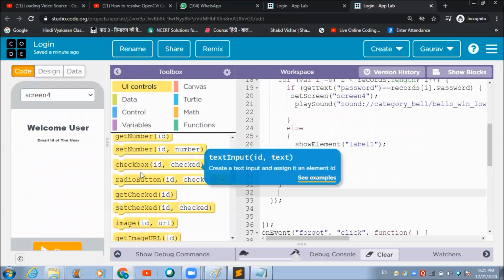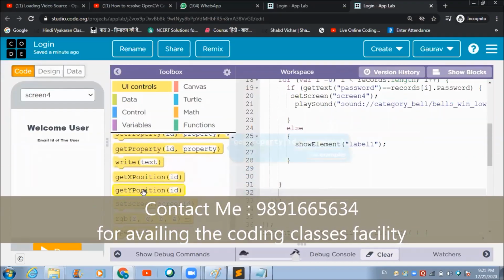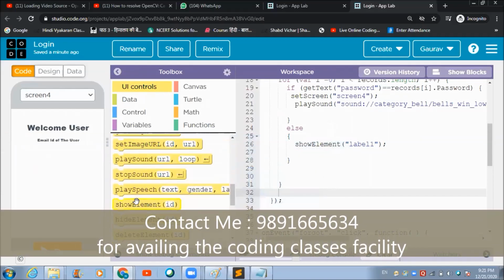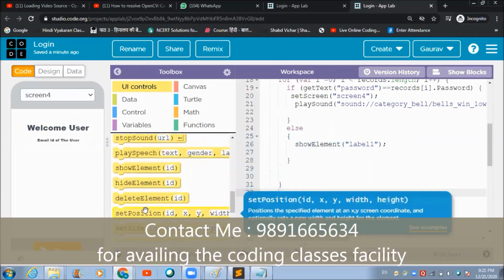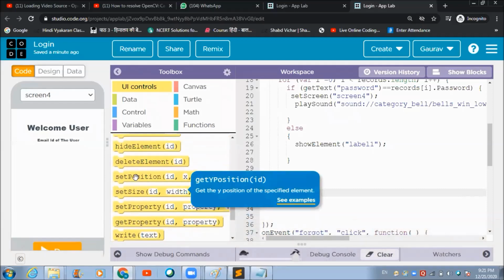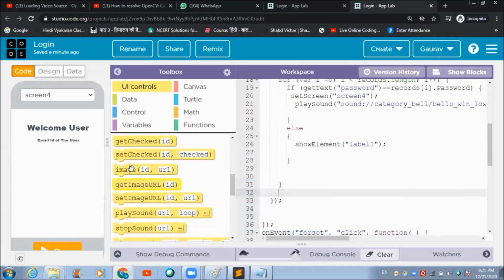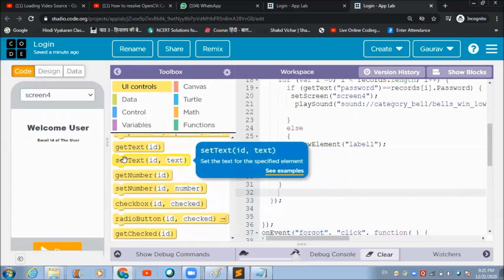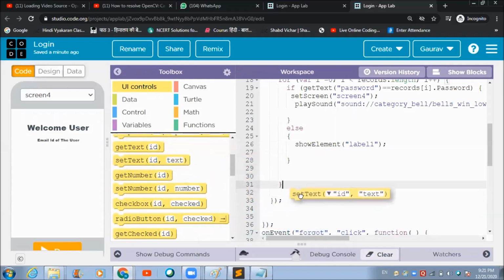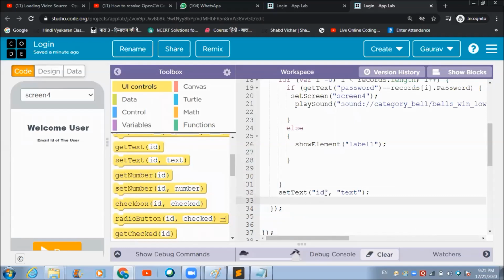There is a thing called set and get property you can use for that. Where is that set text property? Where is that set text? Yeah, this is the one. Let's put it over here. Okay, now in play, see what is the ID of,